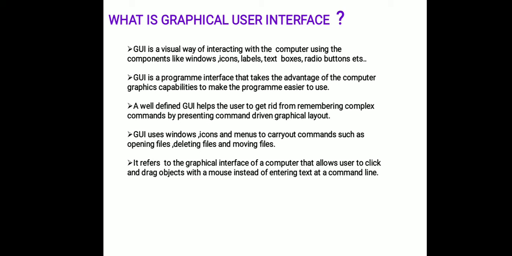Actions in a GUI are usually performed through direct manipulation of the graphical elements. Beyond computers, GUIs are used in many household mobile devices such as MP3 players, portable media players, gaming devices, smartphones, etc. Human interface devices for the efficient interaction with a GUI include a computer keyboard, especially used together with a keyboard shortcut, pointing devices for the cursor control, mouse, pointing stick, touchpad, etc.